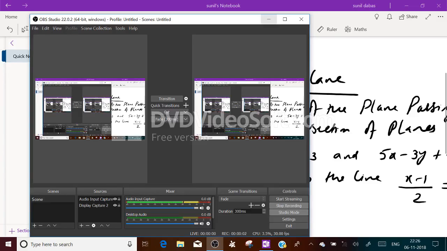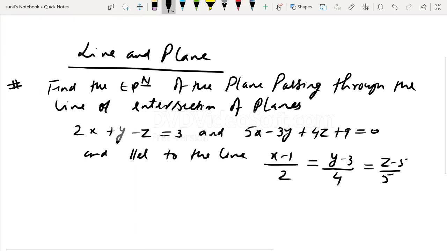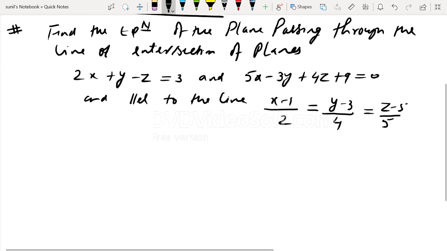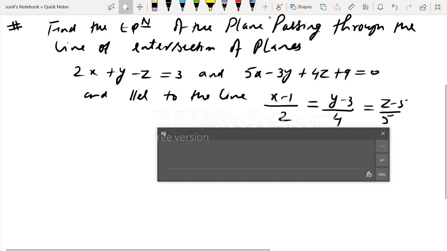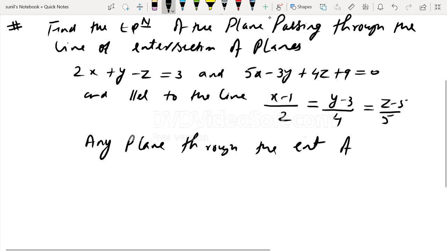Welcome back, guys. Now we have another question, and this question was asked in the 2011 board. The question is: find the equation of the plane passing through the line of intersection of planes and parallel to the line. You know that any plane through the intersection of the above planes